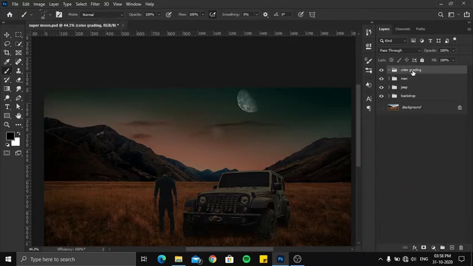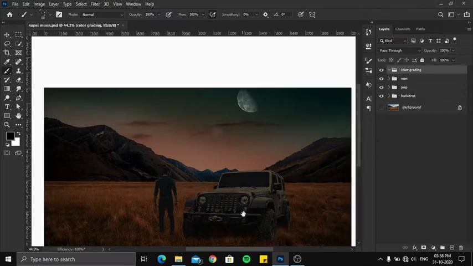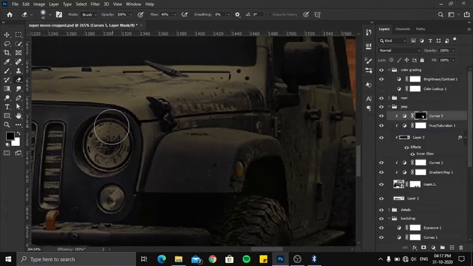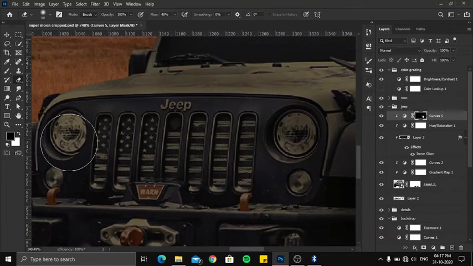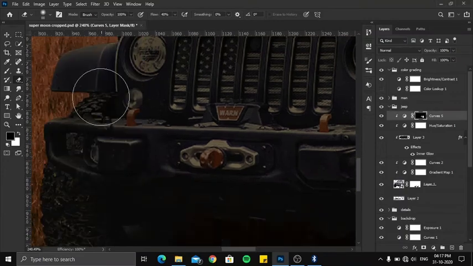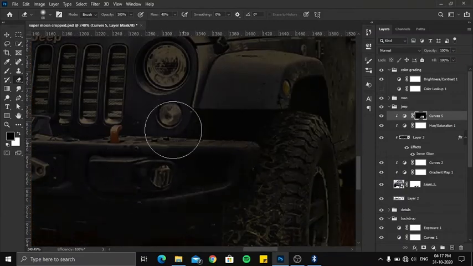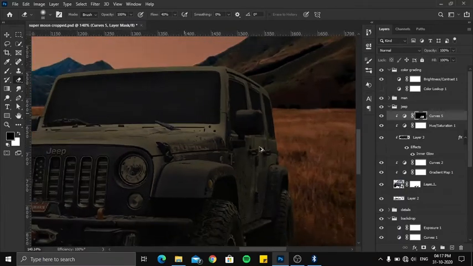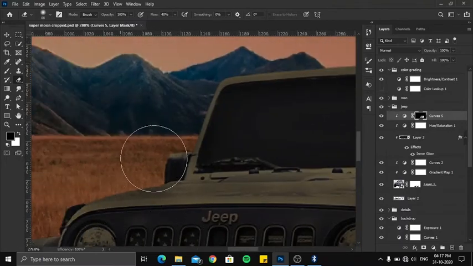And now for the detailing, the light which directly hits the Jeep will make its surface look brighter and the opposite surface will look darker. So keeping this in mind, I'm gonna make the parts of the Jeep which are not facing the light darker. These are small details, you should always consider that make your composite look much better. I'm gonna fast forward this process. You may repeat it as many times as you want to make your composite look better.